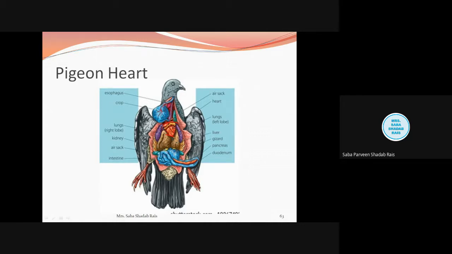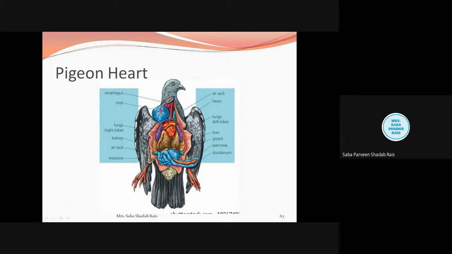Now the function of this pericardium. We have discussed earlier what the function of the pericardium is. Come on, fast. Don't write in the chat box, read out. Unmute yourself and tell me the function of the pericardium. I will only say it protects the heart from shock and injury, and it allows easy movement.